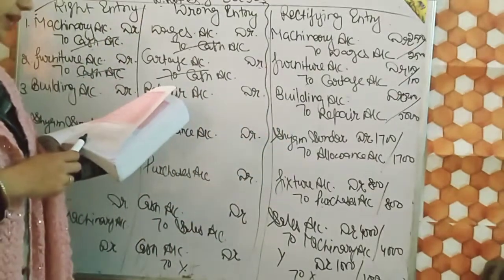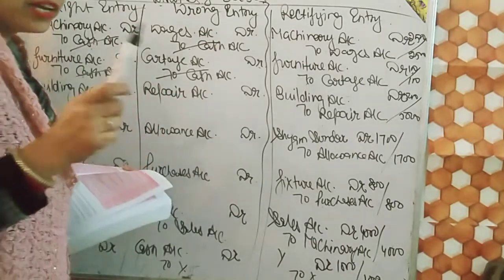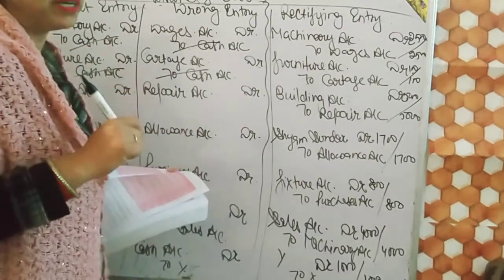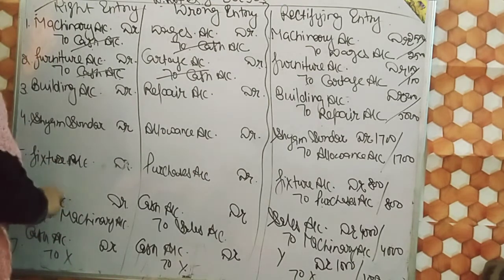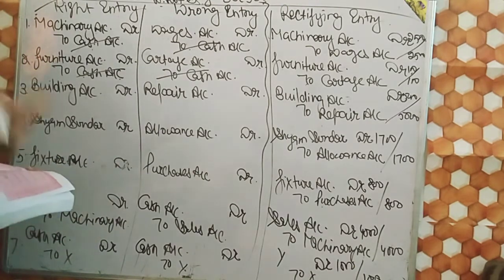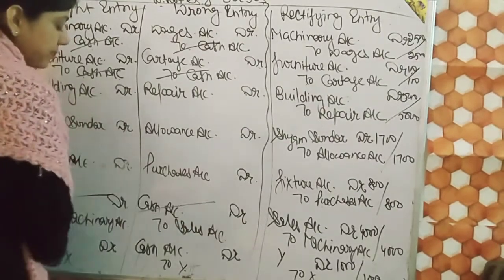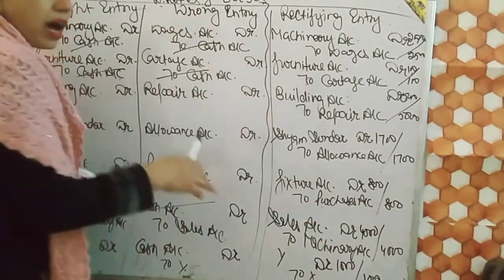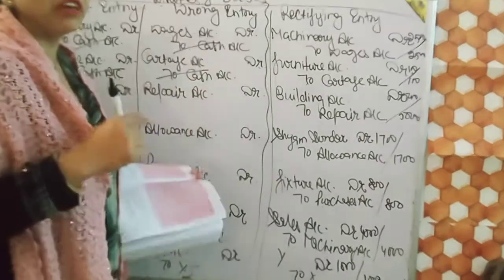Next, 4,000, the amount from sale of old machinery, has been credited to sale account. As I told you, anything wrongly credited should be debited. So what should be the entry? Cash account debit to machinery. But we made the wrong entry, cash account debit to sales account. So cash will be cancelled. Machinery should be credited, so it should be credited. And sale, which is wrongly credited, should be debited. Sale account debit.